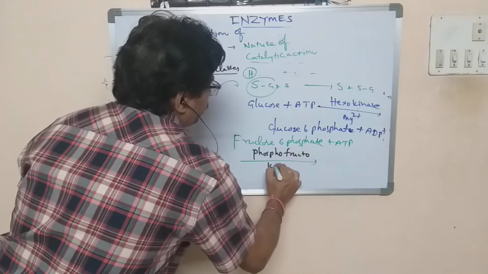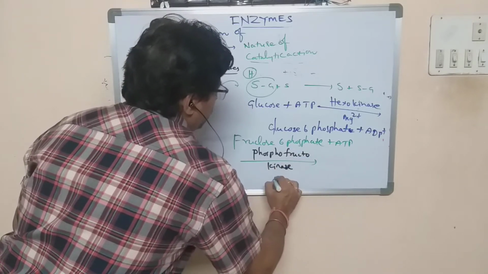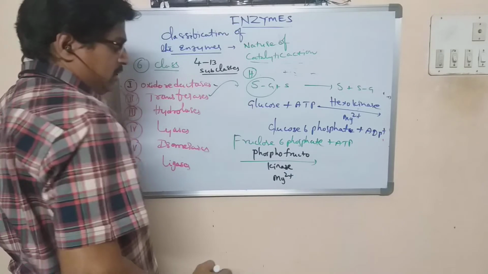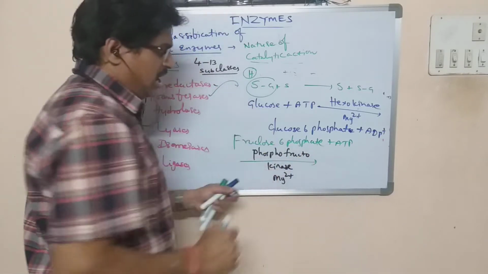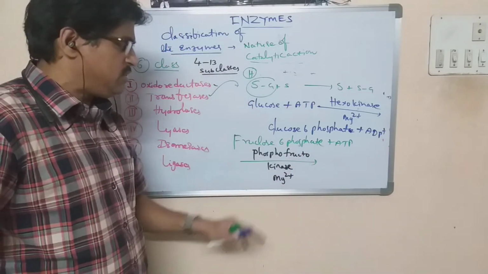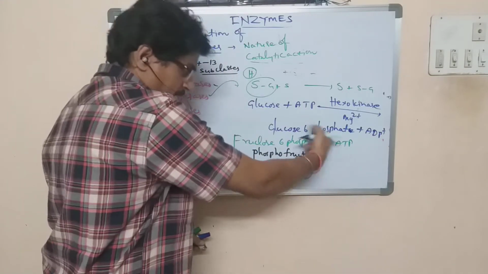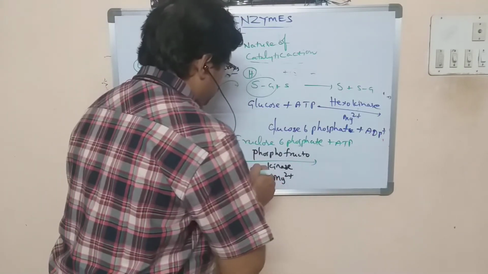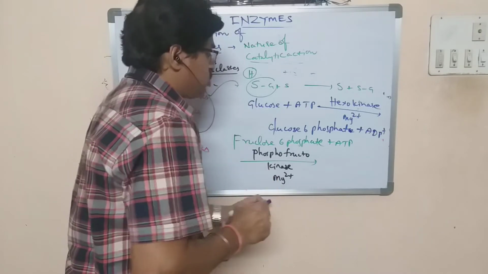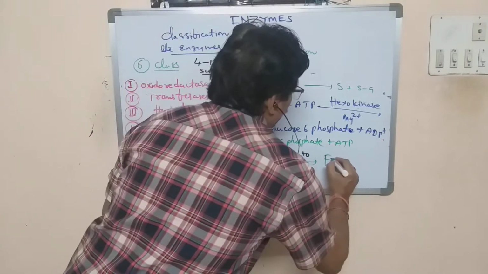Phosphofructokinase. Here also magnesium is compulsory, a metal ion cofactor. The 6th carbon of this fructose 6-phosphate already has a phosphate group. Additionally, inorganic phosphate is transferred. As a result of that, it is going to produce fructose 1,6